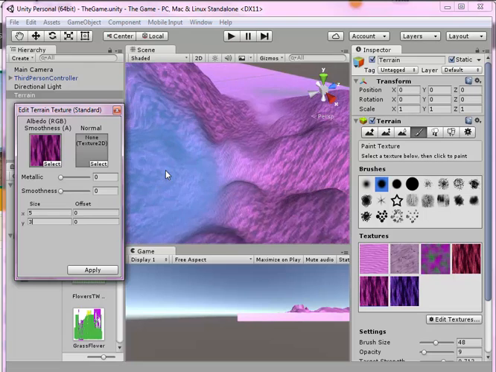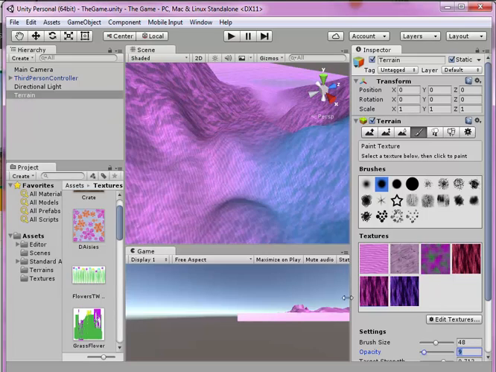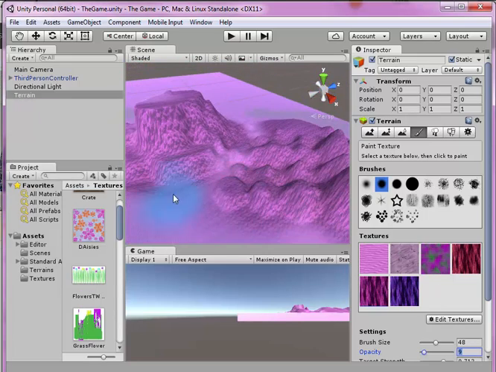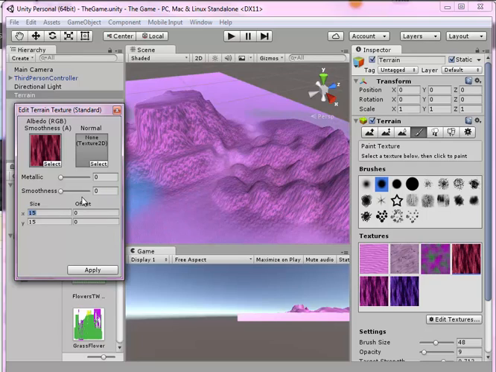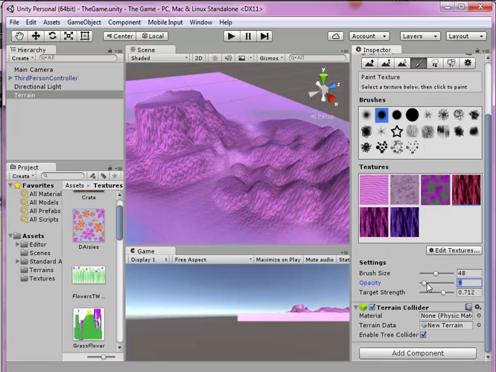That looks a little better. I'm kind of liking that one. And I'm thinking that looks a little better. So 5 and 3. Apply. So next, I'm going to start painting on top of that. As the mountains rise, you know, the terrain usually changes. So I'm going to move over into the red, and since we had a 5 and a 3, I might as well change the red to a 5 repeat on the x-axis and a 3 repeat on the y-axis and apply. I'm going to go ahead and keep the same brush but bring the opacity up a little bit